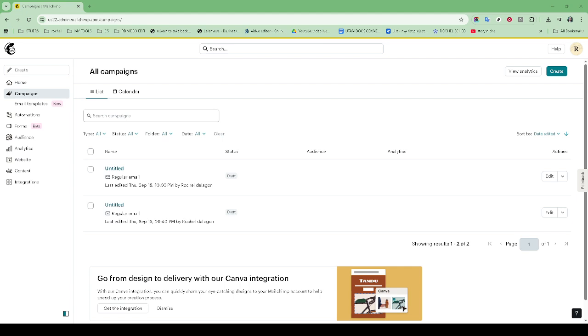After selecting Replicate, the duplicated version of your campaign will immediately appear in your list. At this point, it's important to personalize and customize this new campaign version. Click on the copied campaign to start the editing process. Inside, you'll have the free